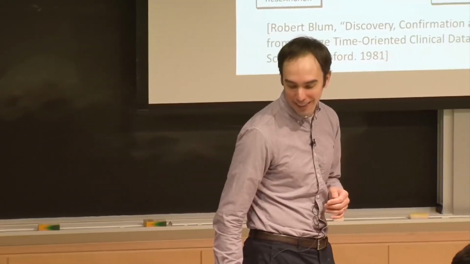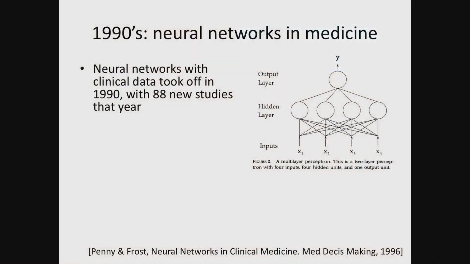Now flip forward to the 1990s. Neural networks started to become popular. Not quite the neural networks that we're familiar with in today's day and age, but nonetheless, they shared very much of the same elements. So just in 1990, there were 88 published studies using neural networks for various different medical problems. One of the things that really differentiated those approaches from what we see in today's landscape is that the number of features were very small. So usually features which were similar to what I showed you in the previous slide.